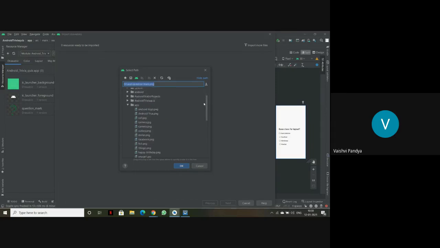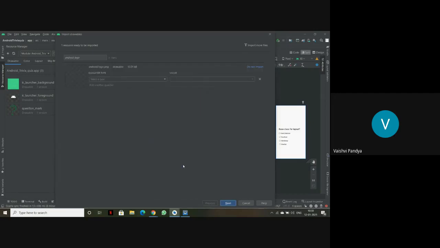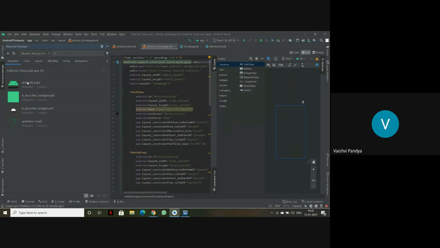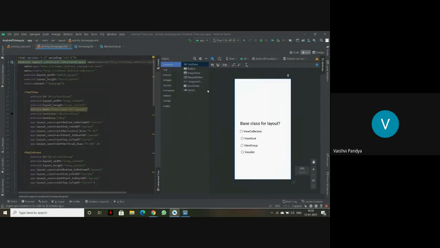Here I just use Android logo, and I'll just click OK. And then next, and import. So the Android logo has been imported. So I'll just close this, and then I'll use here my image view option.